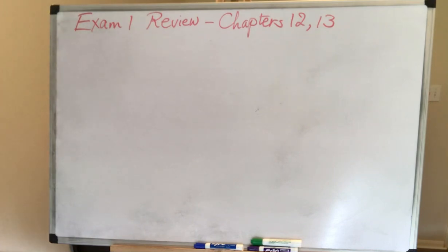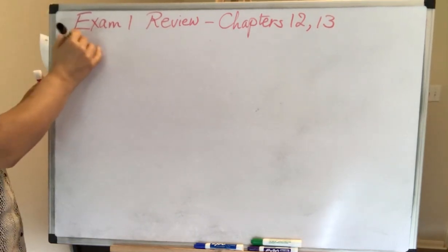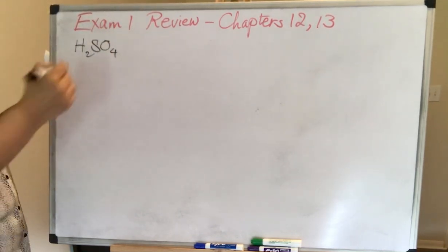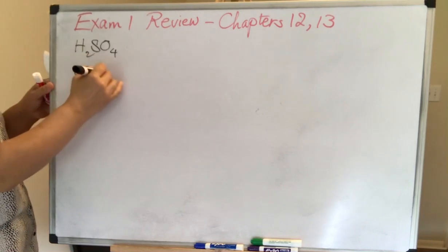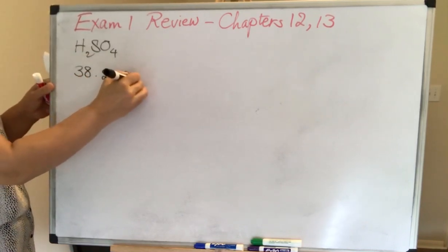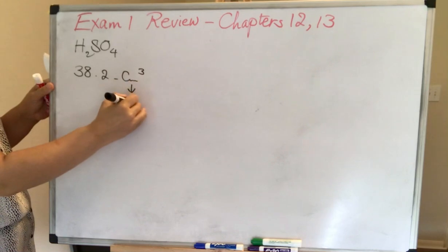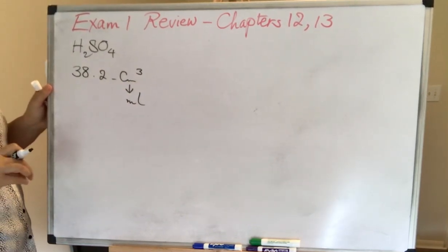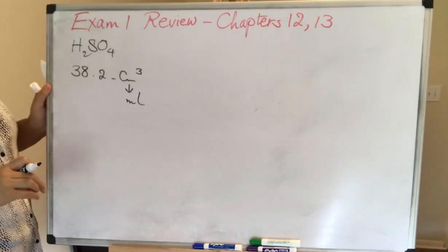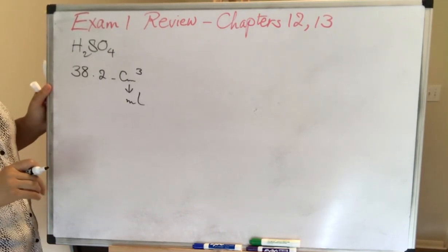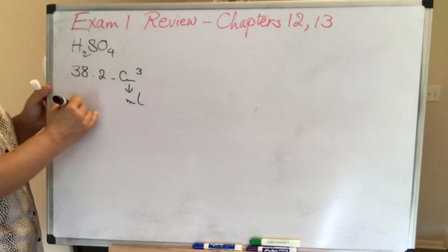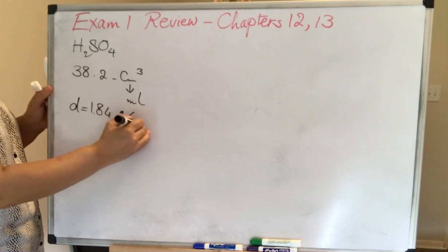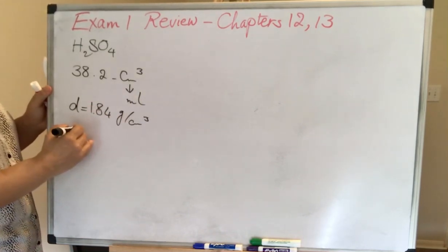What is the mass of H2SO4, sulfuric acid, in a 38.2 centimeter cube, and right now we know centimeter cube is the same as milliliter, sample of concentrated sulfuric acid that has a density of 1.84 grams per centimeter cube